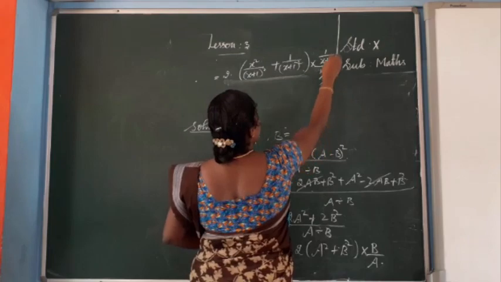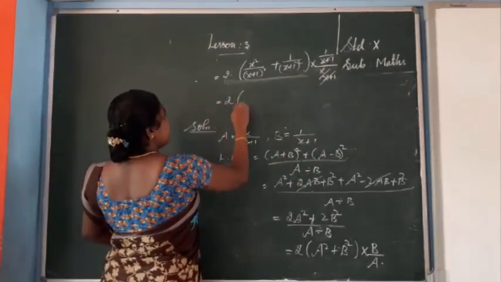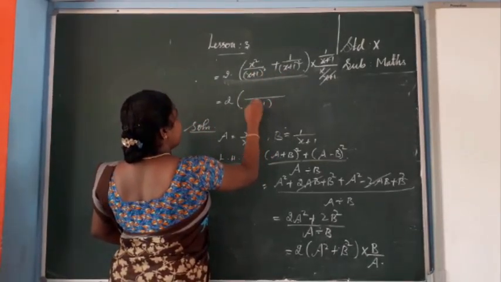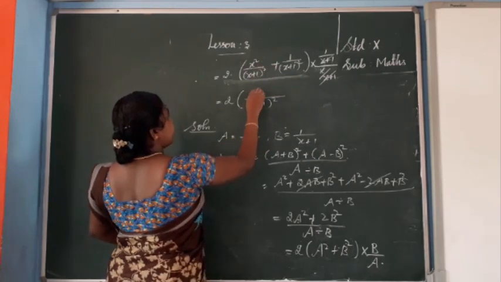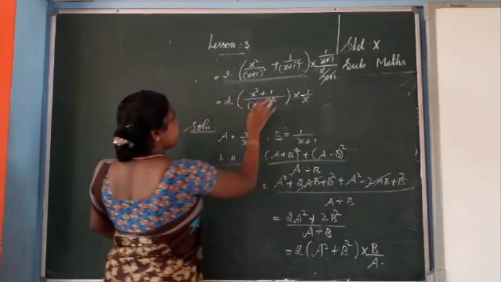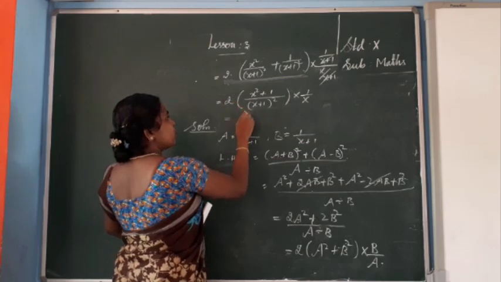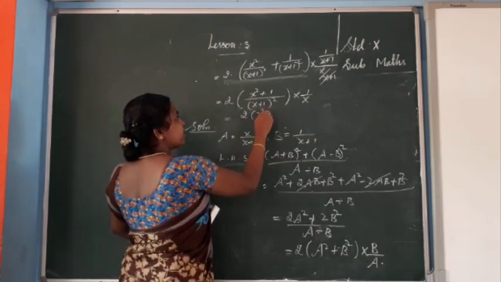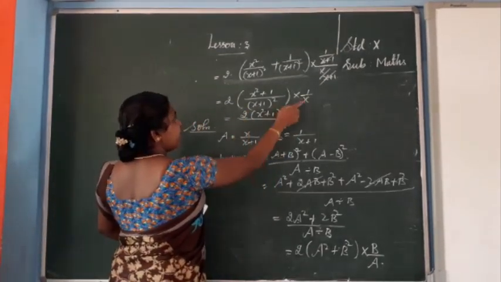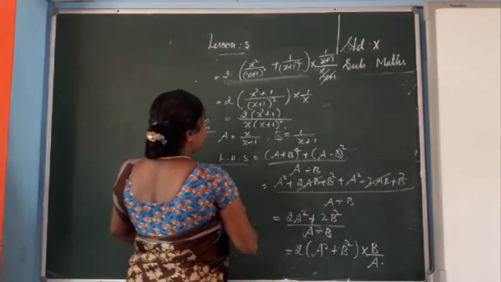Now x plus 1 cancel. We can simplify. Then 2 into, you see the denominator, both are same. So (x plus 1) the whole square, into the remaining, you add the numerator: x square plus 1, into 1 by x. Now you see the numerator, multiply numerator into numerator. Numerator is 1 2, then x square plus 1 into 1, that is x square plus 1, divided by the remaining, x into (x plus 1) the whole square. This one only you want to prove.